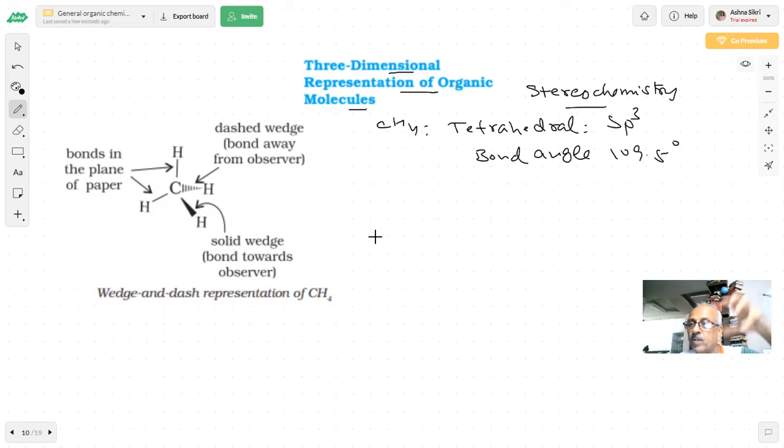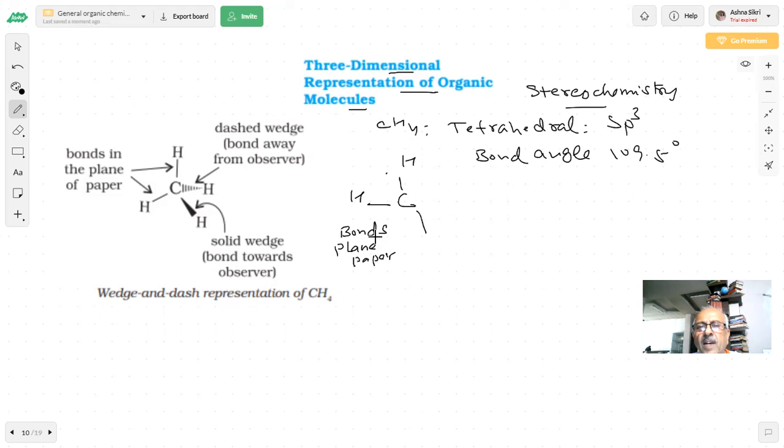If you see the maths book now, I know what is the shape of tetra. Tetra means four heads. And there are 2 types of representations. Three-dimensional representation of organic molecules. I have shown two hydrogens by this line, these lines. They are bonds in the plane of the paper, students. This plane where I'm writing. This is a plane, na? You can see they are in the plane.